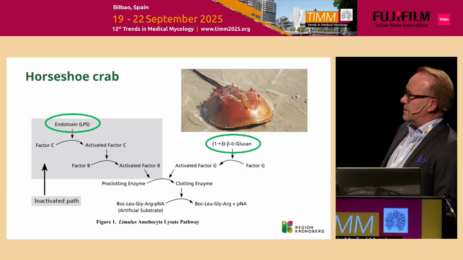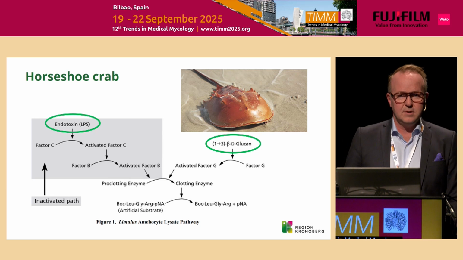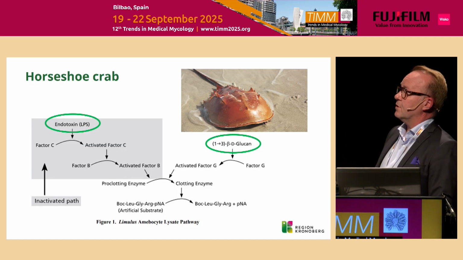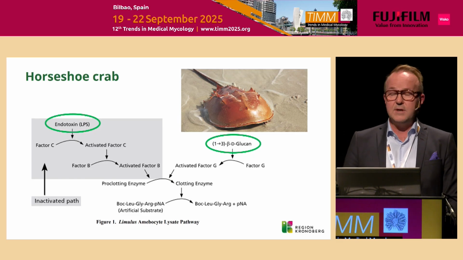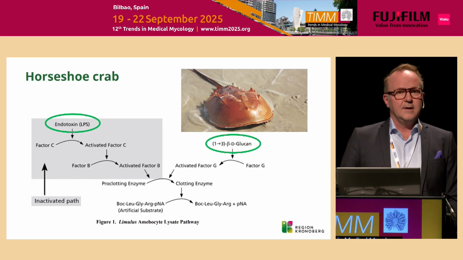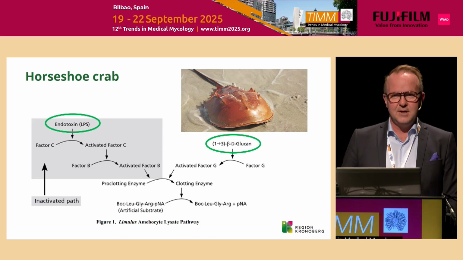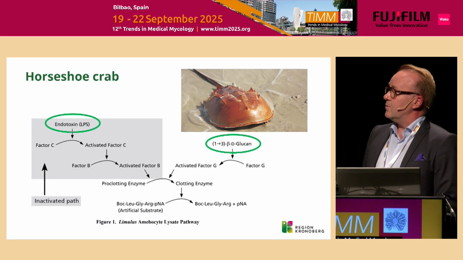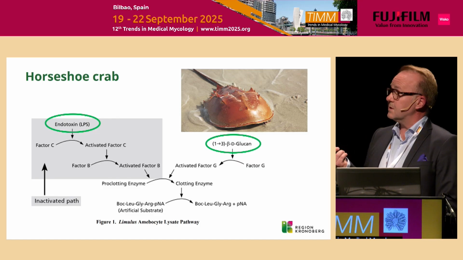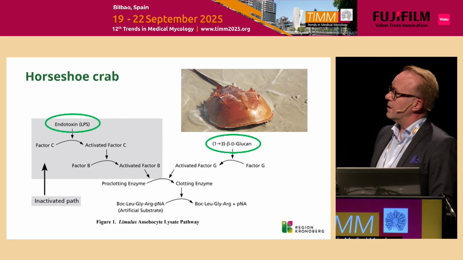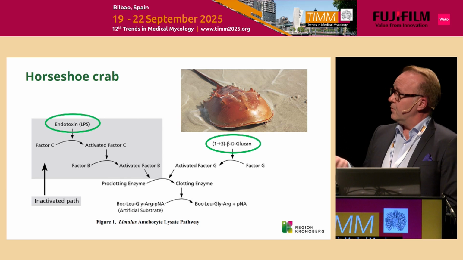Most of the assays, if not all, utilize this animal, the horseshoe crab, Limulus polyphemus. Fascinating animal, a living fossil. It's more than 100 million years old. Not this particular one, I'm sure, but the species as such. It actually arose before iron was used as an oxygen transporter. So its blood is copper-based, blue blood, and it has no adaptive immune system, only the innate immune system, which